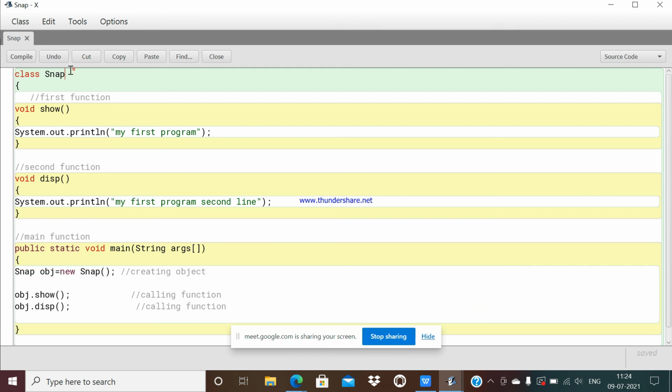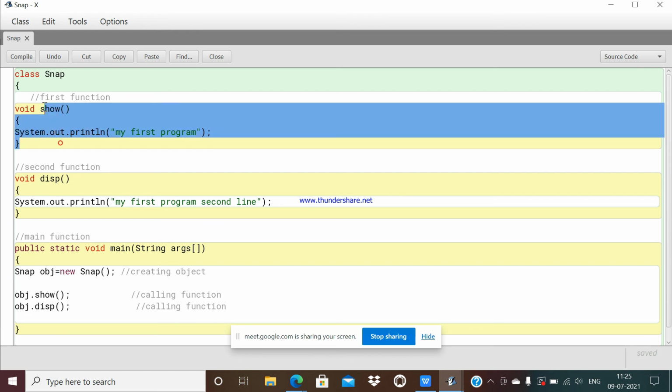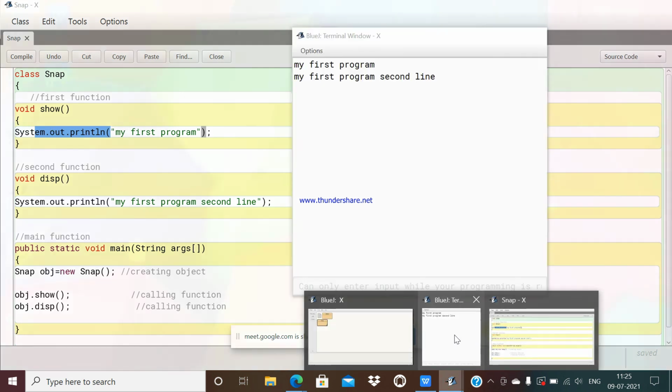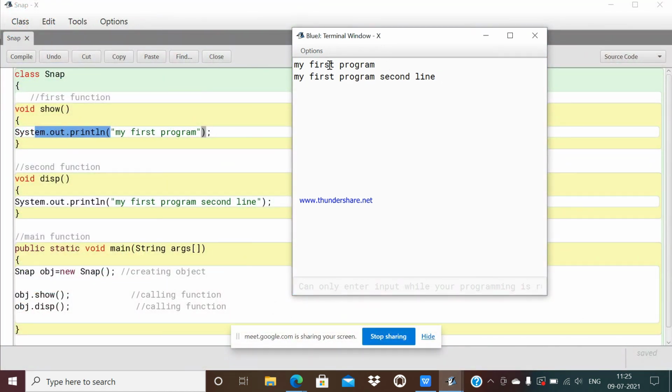Then he will see, okay, this is the name of my class, Snap. Now he will come on to the second line of the main function. Second line is what? Compiler will see that you are going to call a function named show. अब उसे ये पता चला कि अच्छा तो मतलब शो नाम का एक फंक्शन है, फिर वो जाएगा शो फंक्शन के ऊपर and then he will read all the statements. यहाँ पे लिखा हुआ है my first program, मतलब ये है जो भी यहाँ पे लिखा हुआ है वो प्रिंट कर देगा. तो इसीलिए यहाँ पर सबसे पहले क्या प्रिंट हुआ है स्टूडेंट्स? My first program. क्या समझ में आया?